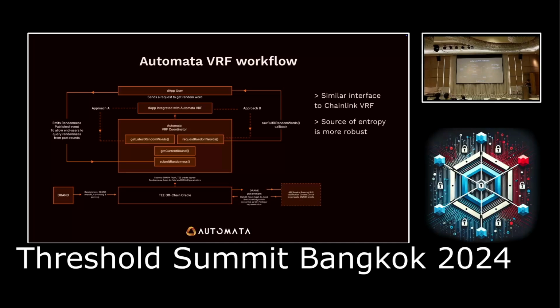And there are two major situations where you can use our VRF: you can get the latest round of randomness directly, or you can use the subscribe method to request a random number and then use the callback to receive such randomness from the smart contract. And compared with Chainlink's,